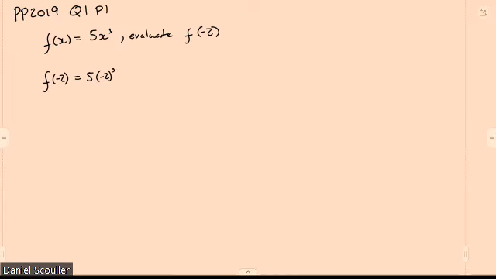remember, the way that we carry out each operation, we just follow BODMAS. So is there any brackets and orders that we need to do? Yep, there's a wee order there. So we do the -2 cubed first. That's the first action we're doing. So -2 cubed is just -2 times -2 times -2. That's all the cubed